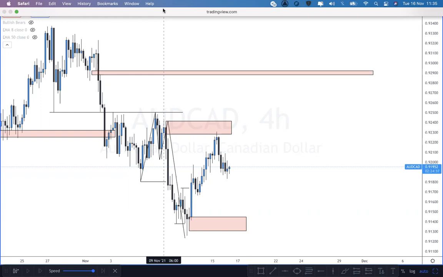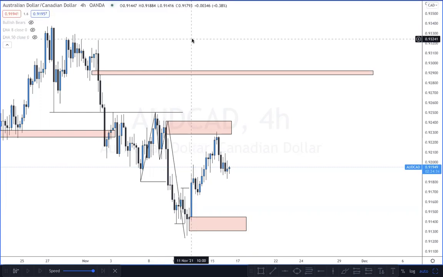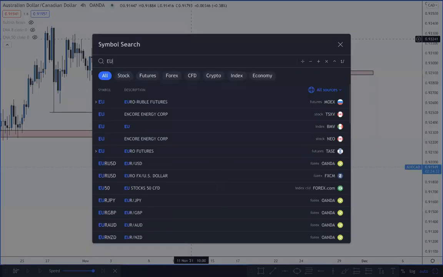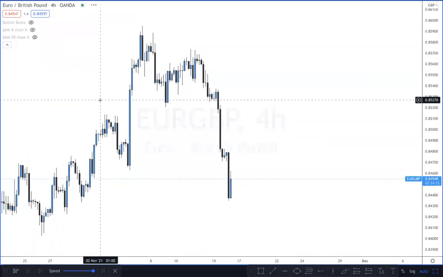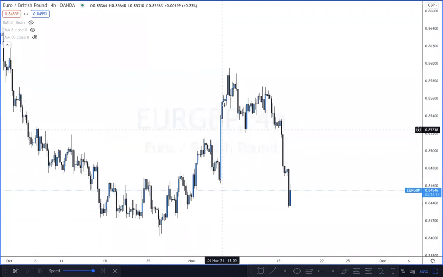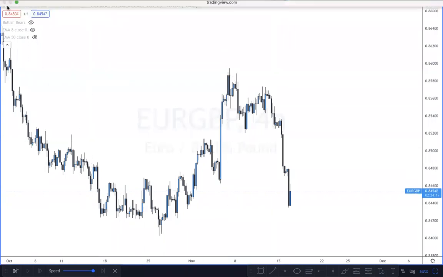Perfect example was Euro GBP last week. Euro GBP last week, this news candle. Before it happened, do you all remember I shared